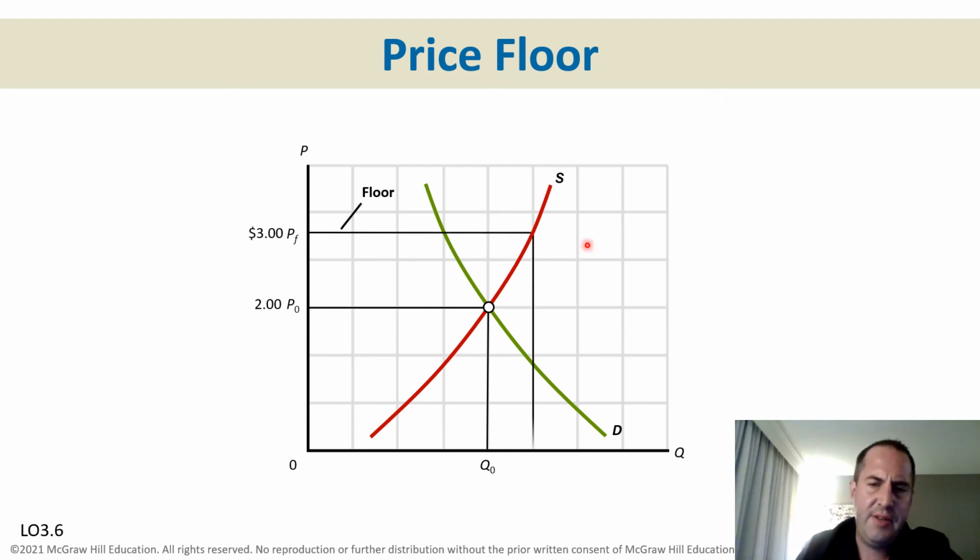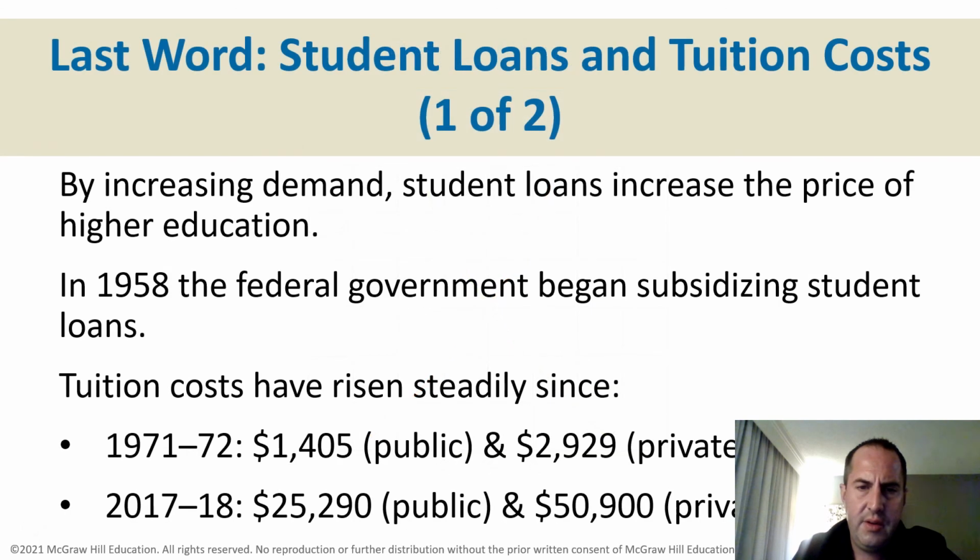An example of a price floor right here, and the example for unemployment would be that there's a surplus of unemployment. Student loans and tuition costs. So, actually this is pretty timely because of the debt forgiveness, but